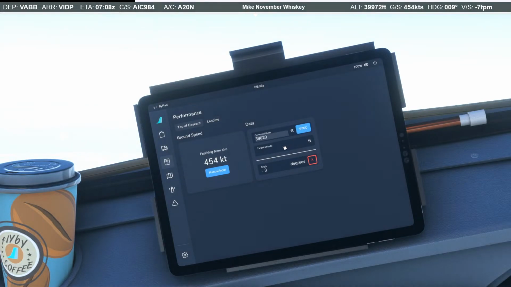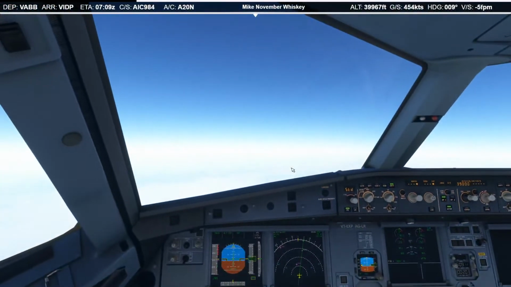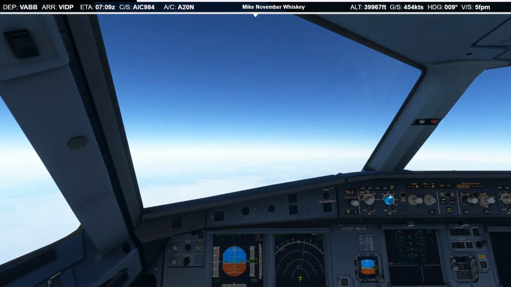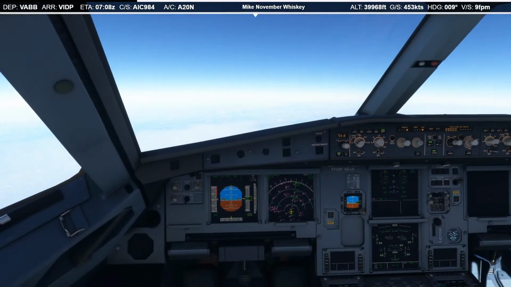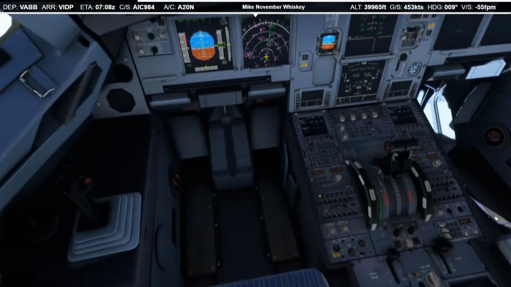Top of descent, that's our altitude now. We want to be at 15,000. We need, let's say, 80 miles. So we'll do an 80-mile radius. I can't quite see it yet, but our top of descent will show up as a circle on that map.